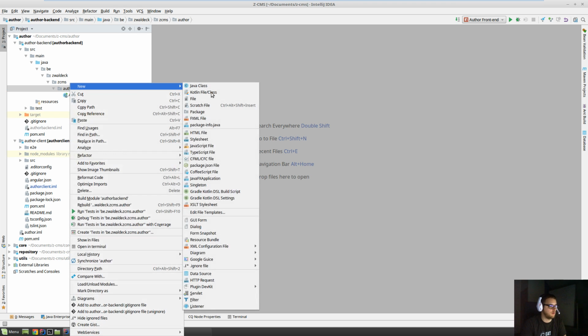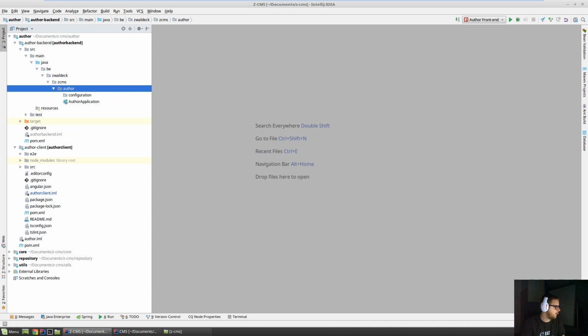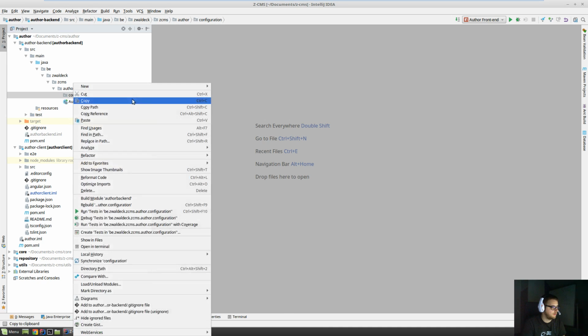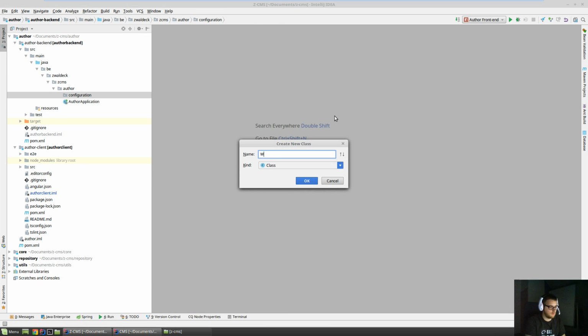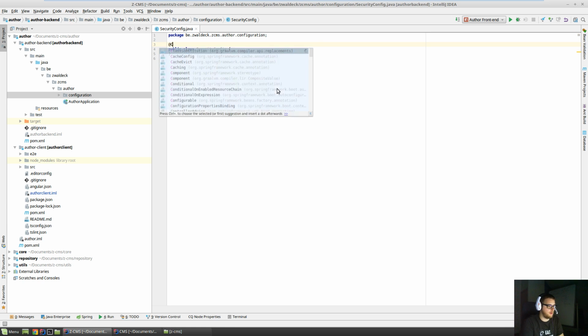So we will create a new package called configuration, and we will start with SecurityConfig. So we have a new class, SecurityConfig, add Configuration,